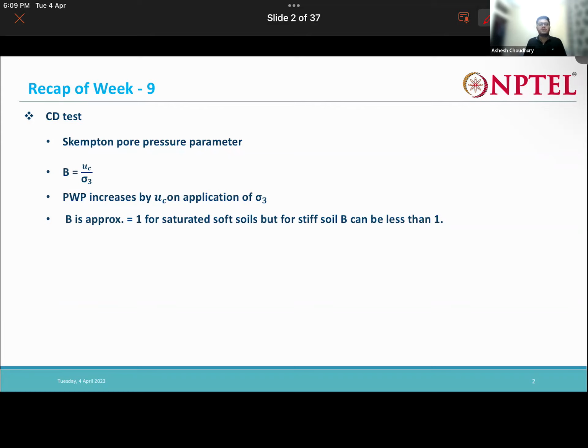This process of consolidation is very slow, as you all know, because the pore water takes a large amount of time to drain out. It is very slow, especially for clays. So in the CD test, first we have to consolidate the soil, and after the process of consolidation is over, what we do is